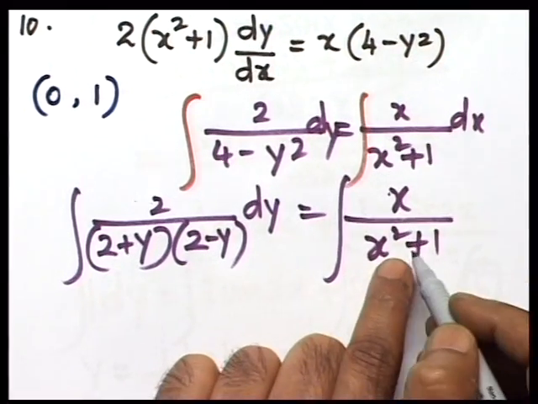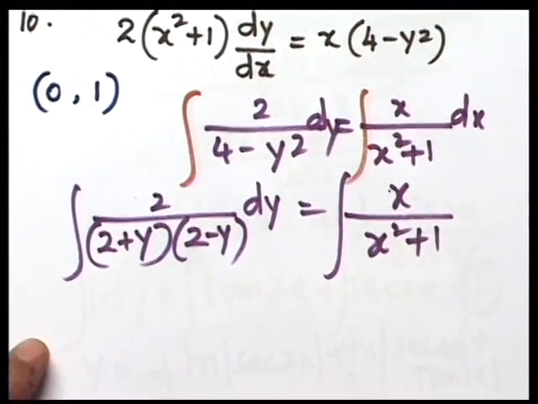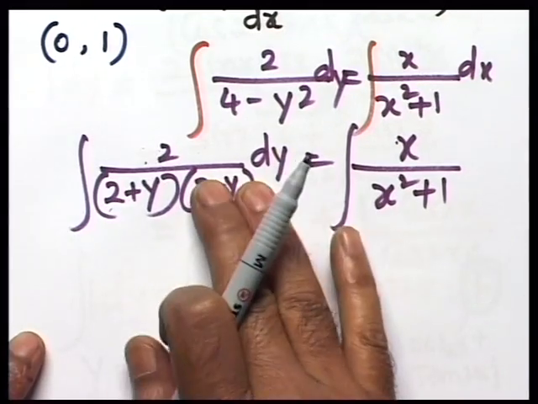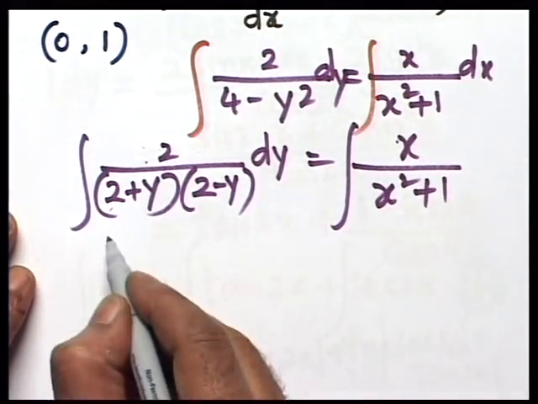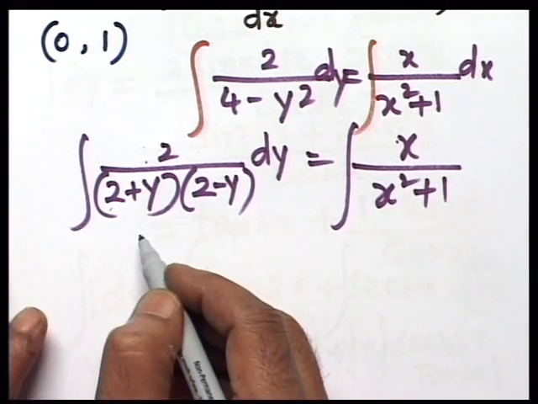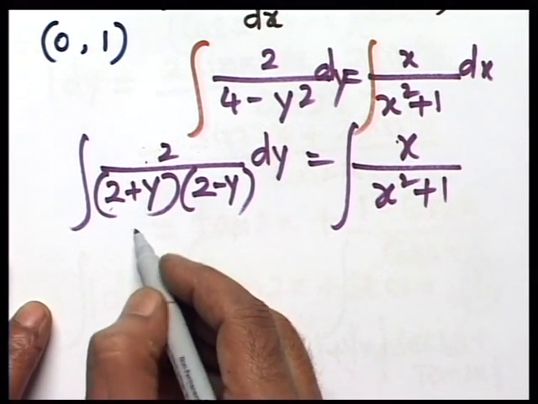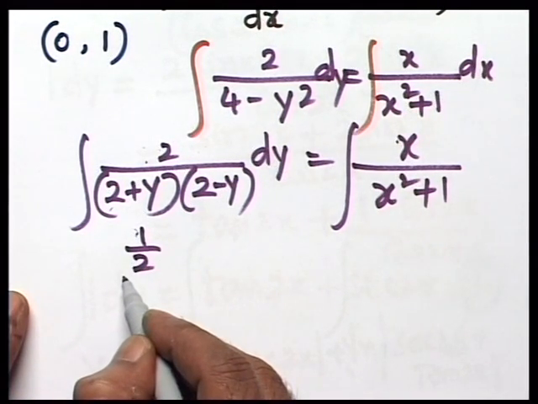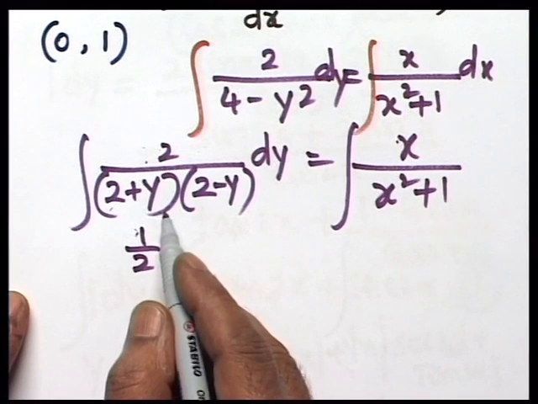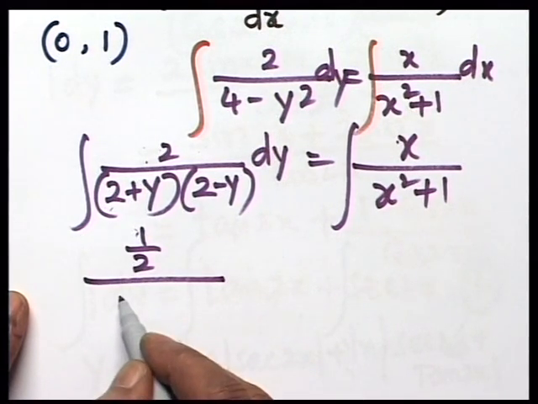Remember, differentiate this, you should get that. It's a over b, over, if I close that, I get a half. Guys, listen, this is actually half and half. So this can be written as half. A is a half, B is a half. So it's a half over 2 plus y